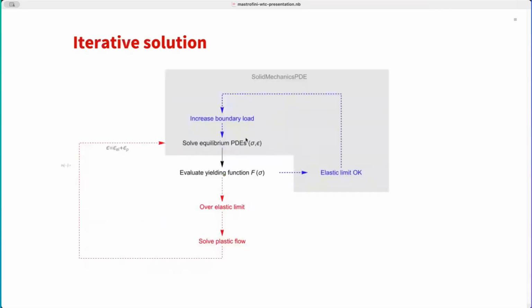This also means that when we talk about evaluation of the yielding function, we need to evaluate this function for each of the Gauss points of the mesh, and then we need to solve the plastic flow equation for each of these Gauss points. For this reason, we want a faster way to work with this set of equations, and so